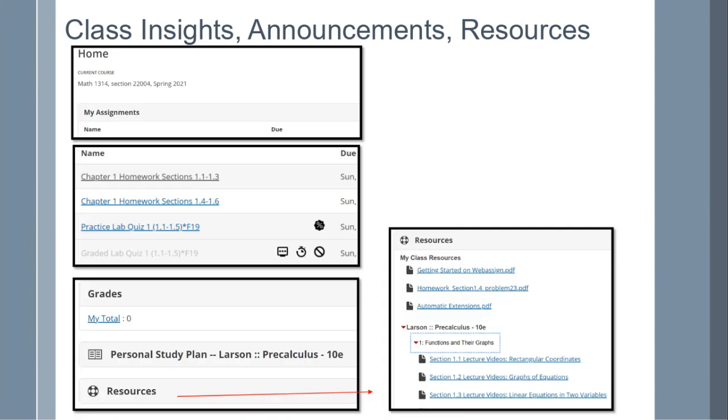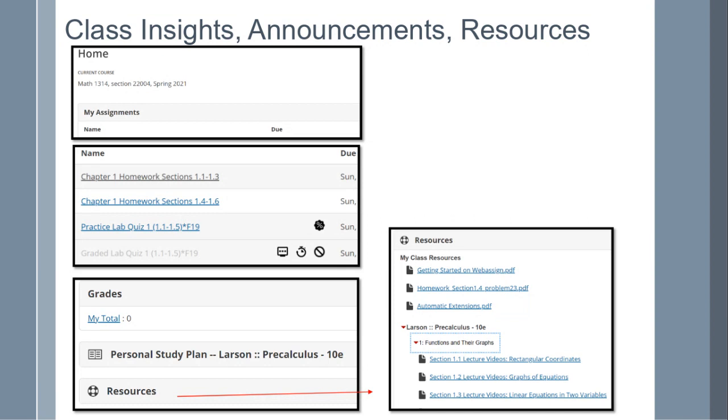Now for your assignments, there are some little icons here that we'll talk about what they mean in a second. Below your assignments, you're going to see a tab for grades. You can click on that to see your grades. And then, for some of you, I have to say for some of you, you'll see this resource tab. And in this resource tab, your instructor might have put all the videos for the textbook, and you would find them in here. If you don't see this tab, that means that your instructor has not activated it for the class yet. Okay, so you can reach out to them and just ask them,